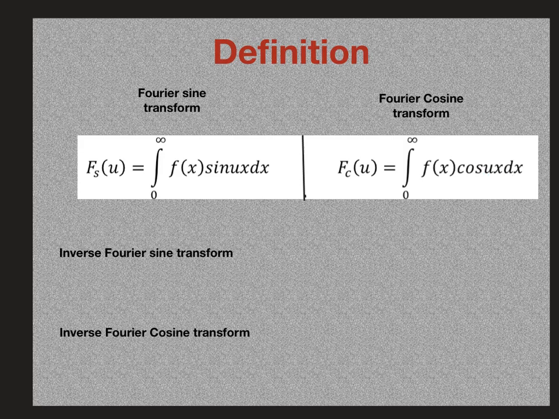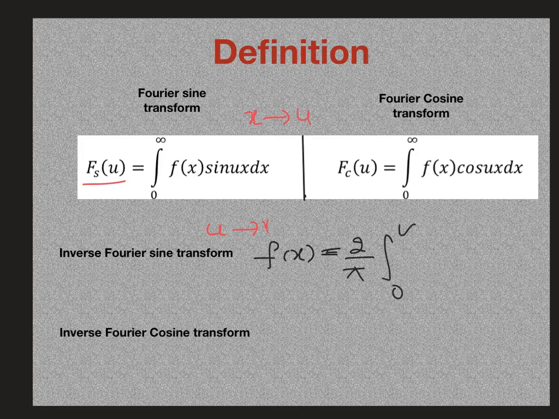And the inverse Fourier transform is defined by, so here in a Fourier transform we are going from x to u. So that's why we have Fs of u. In an inverse Fourier transform we go from u to x. So therefore it is f of x, and the answer is f of x equals 2 by pi